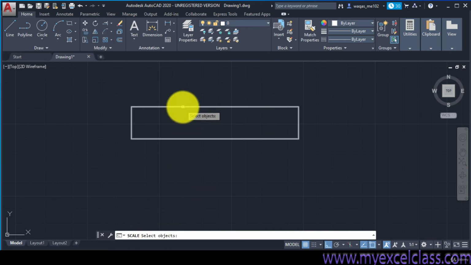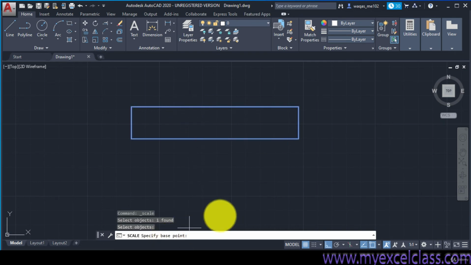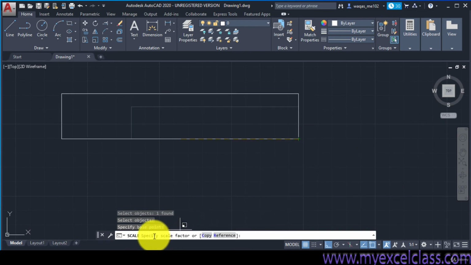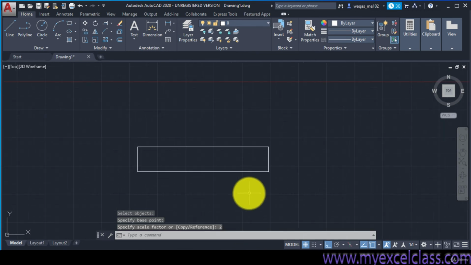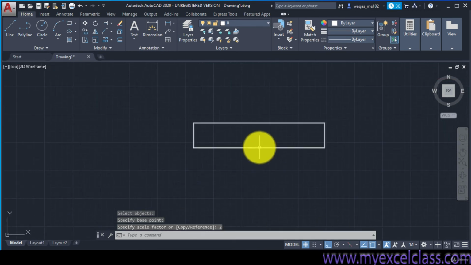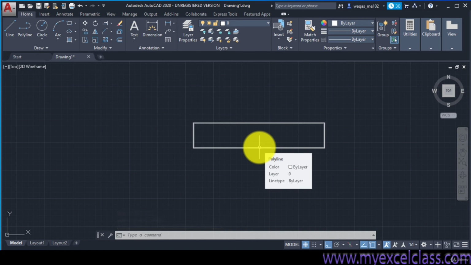You click here, press enter. Next you have to specify the base point. Suppose this one is our base point, you can choose any one. Next it asks you to specify the scale factor. If you want a rectangle having dimensions 2 times the original, you put 2 here. Click enter, and here is the rectangle having dimensions 2 times the original one. If you want 3, you can mention 3 here, and so on. So this was the scale command.